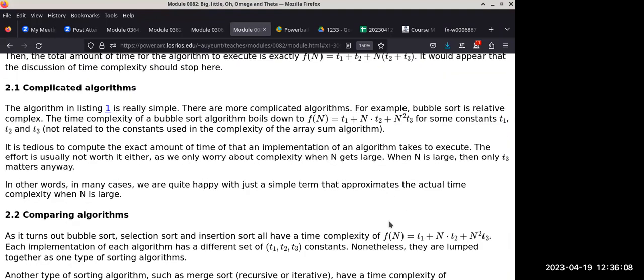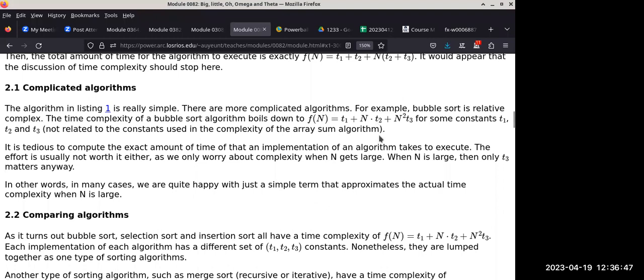So it becomes not as likely that you can figure out the exact amount of time. In other words, there might be terms in here. Look at this term: we have T1 plus N times T2 plus N squared times T3. When N is large, the T1 probably becomes insignificant. Even the T2 becomes insignificant because N squared is going to grow a lot faster than N itself. So when N is large, the coefficient T2 is not going to be very important. Are we doing okay so far with all this?